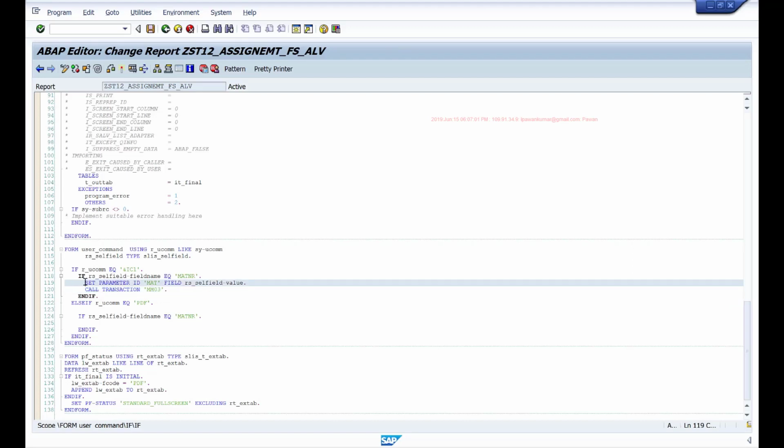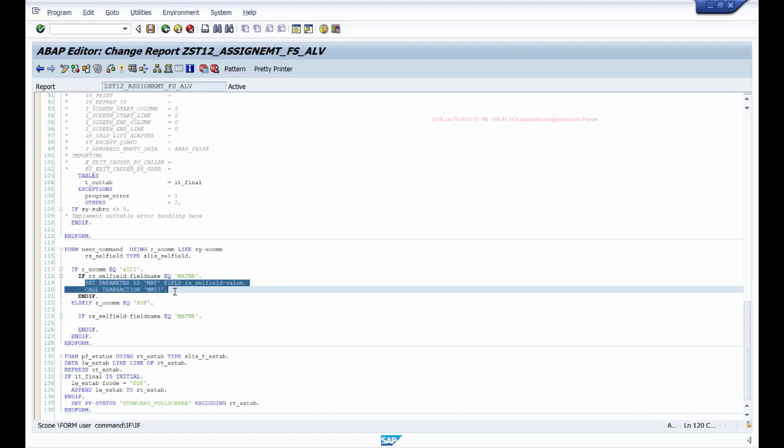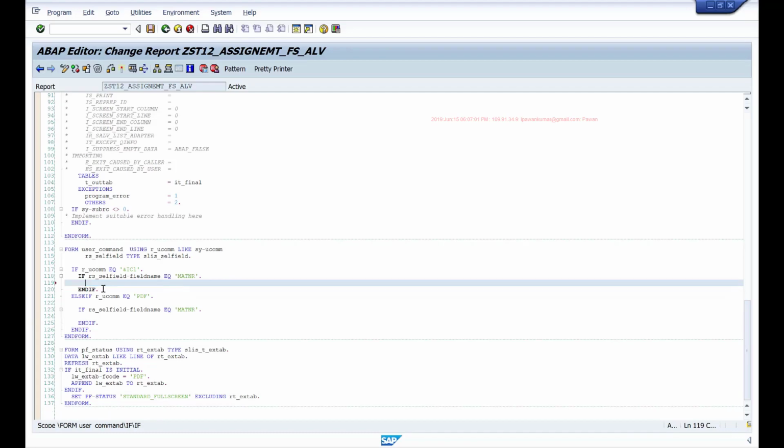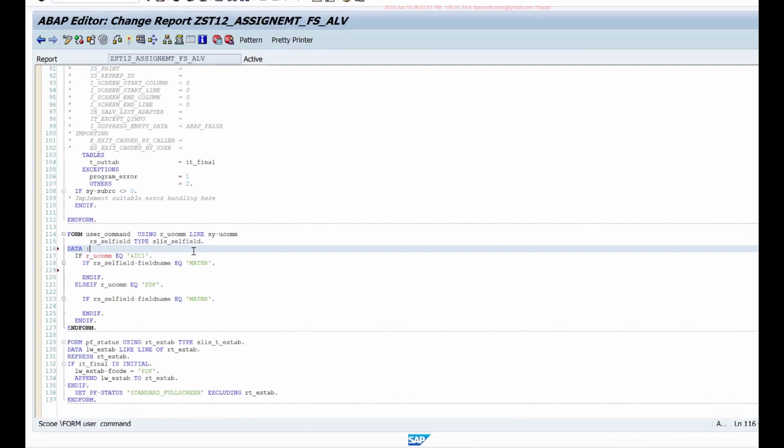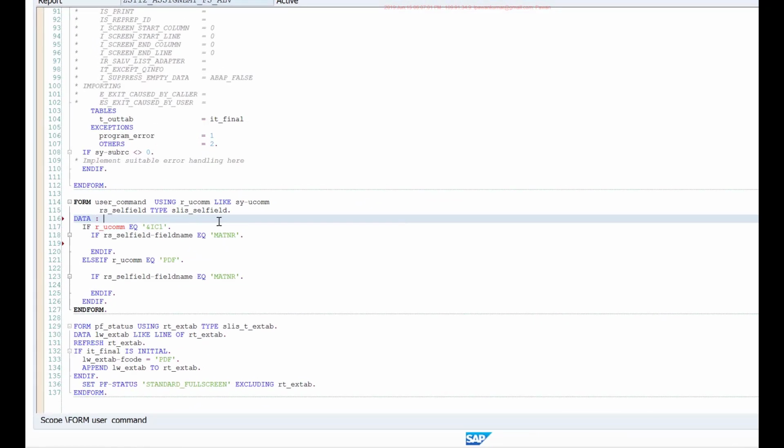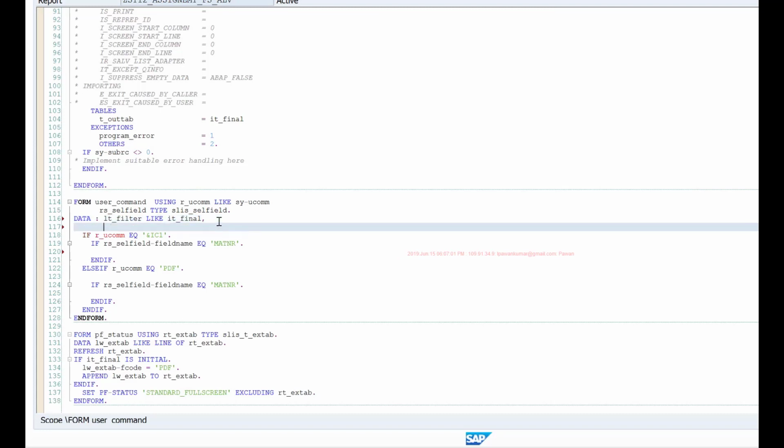So I'll remove this code of calling this, then I'll define few data objects. So let's say data LT filter, like IT final is the internal table we are passing, and then I'll say LW filter like line of LT filter.